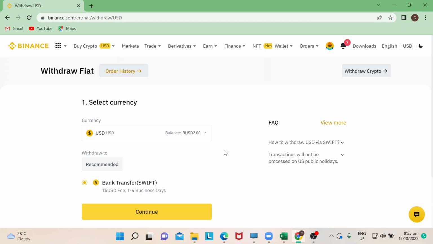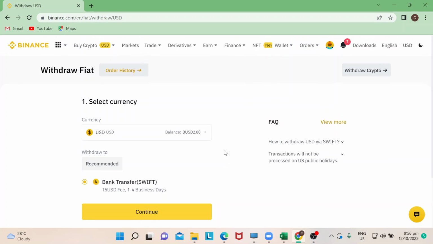Mind you, there are two ways for us to withdraw. Since we're going to withdraw directly to your bank account, then definitely we're going to withdraw fiat. For those who are still new and don't know the difference between fiat and crypto, fiat is pretty much the currency where you are, or the currency that you'd like to withdraw and that you're using for purchasing things, while crypto is a cryptocurrency,